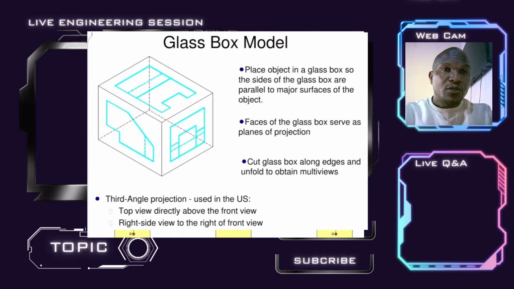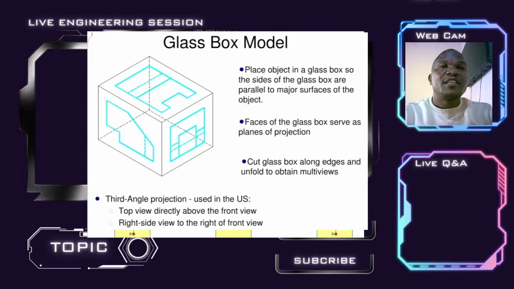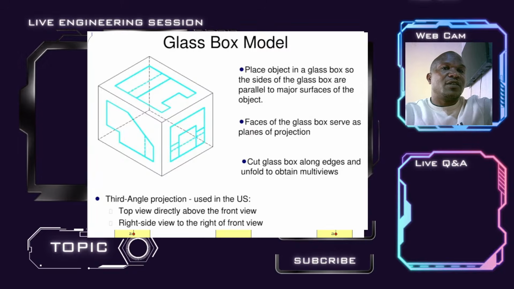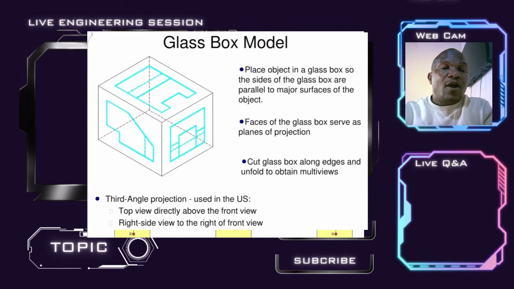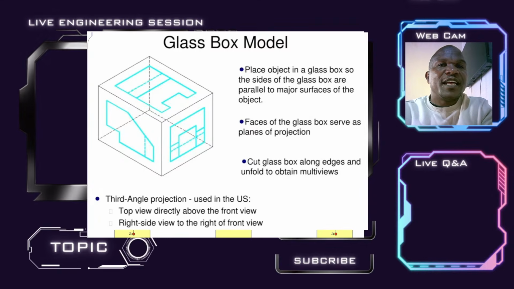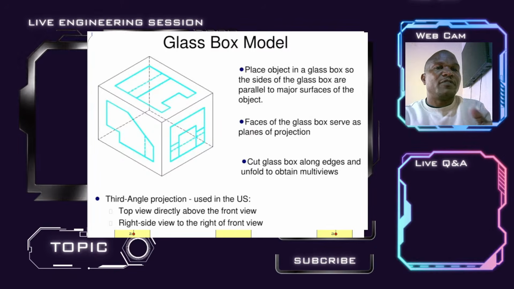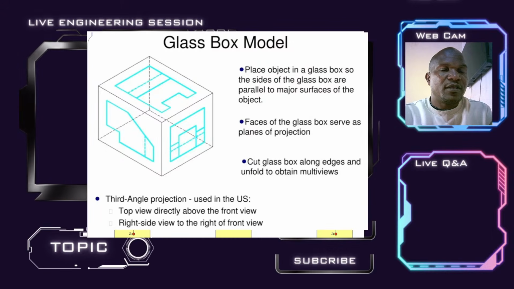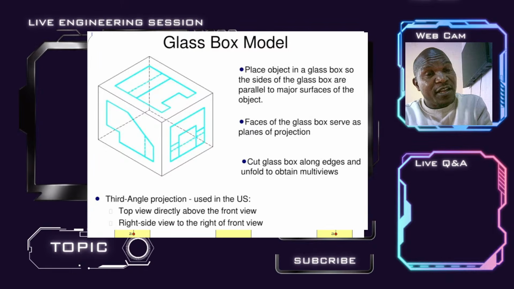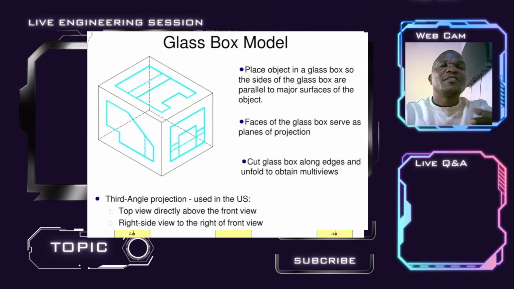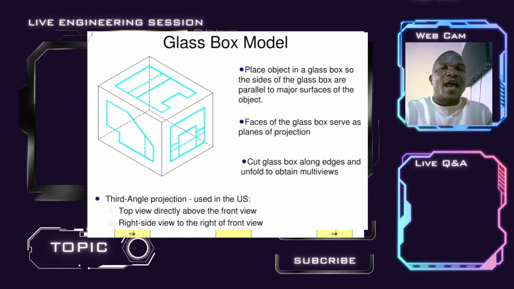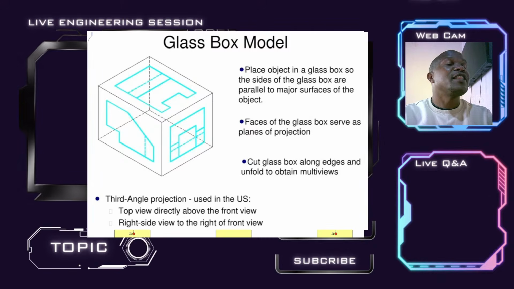Now, what if you place this object in a glass box, so that the side of the glass of the box is parallel to the major surface of the object? The pieces of the glass box serve as planes. It can be a profile plane of the projection, or the side view, or the left side, or the right side. Exactly. Now, when you cut the glass box along the edges and fold to obtain the multi-views,